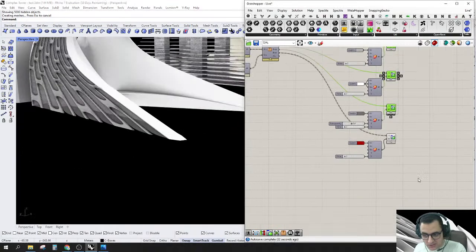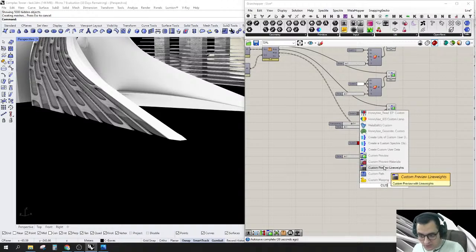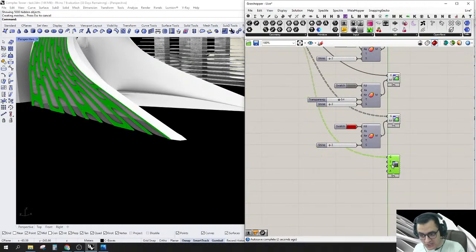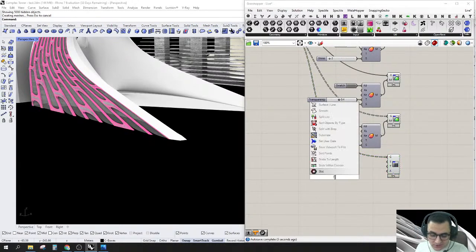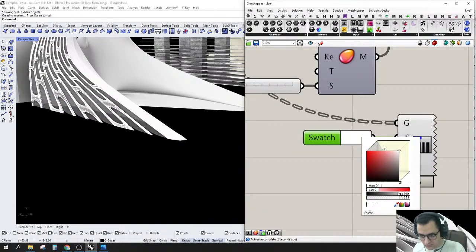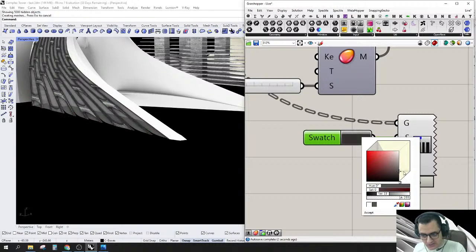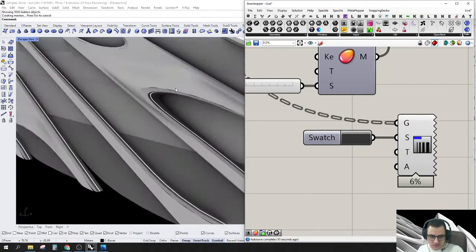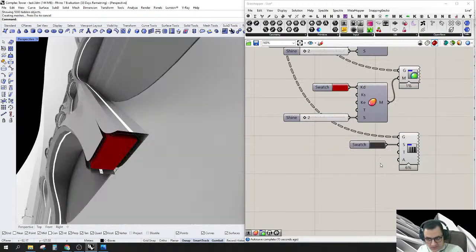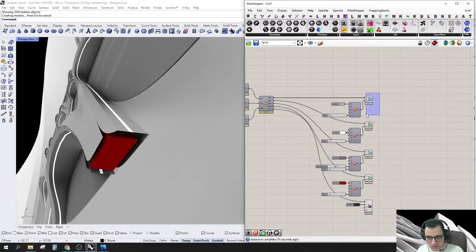And finally we will say custom preview, but line weight, I select the curves, and these curves I select the shader of them, let's say in my swatch, and create something maybe almost black like this, or maybe I created them blue, but I wasn't sure that's the perfect color for them. And they are already inside, so if you want to see them, maybe we can disable this for a